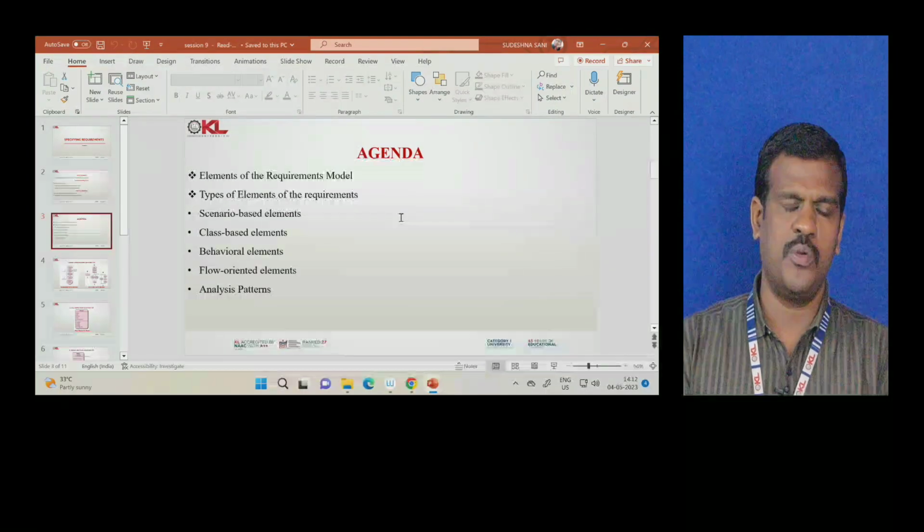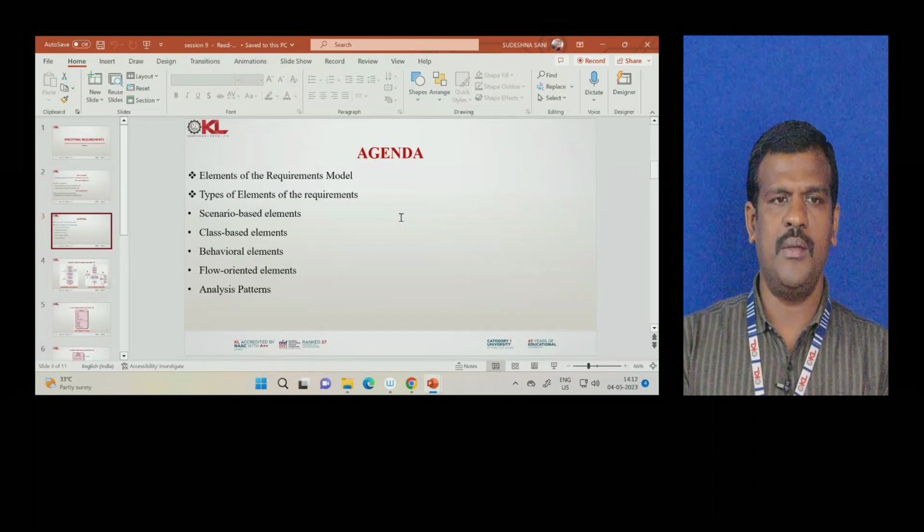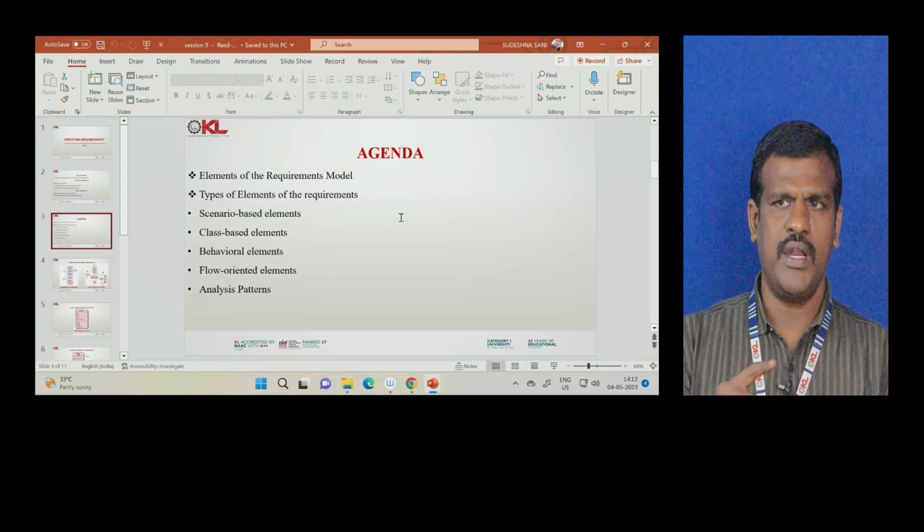These are the topics we are going to discuss: the elements of the requirements model, types of elements of requirements, then scenario-based elements, class-based elements, behavioral elements, flow-oriented elements, and analysis patterns. So if you are discussing all